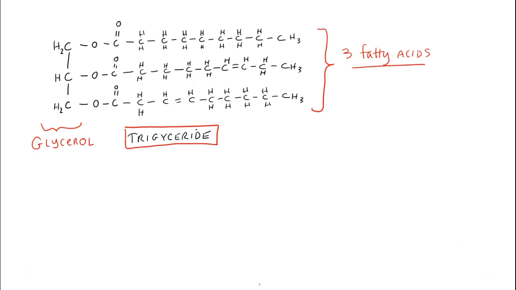So fatty acids have a unique way of being carried through the body, but the lymph system eventually joins up with the circulatory system, and fatty acids do make their way into the circulatory system. They are stored in the liver as triglycerides, and they're also stored in adipose cells as triglycerides. And then when the body needs energy, the triglycerides are broken down again into fatty acids and glycerol, and then